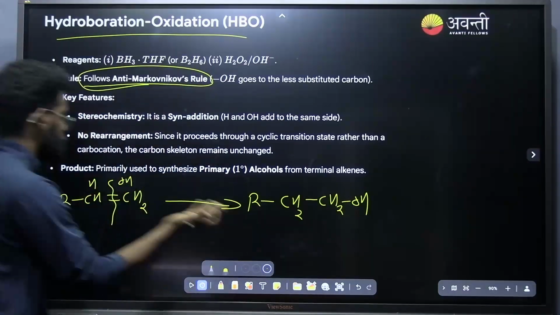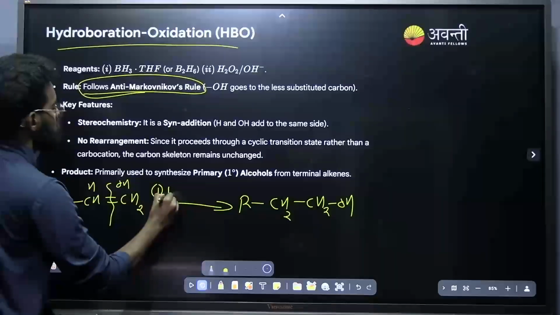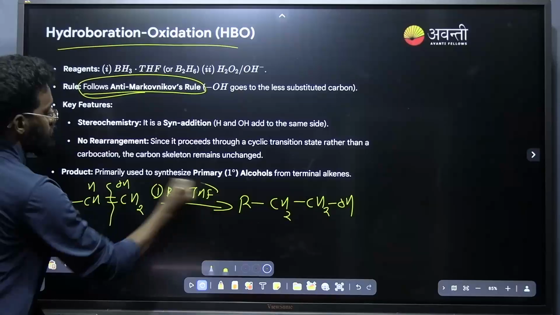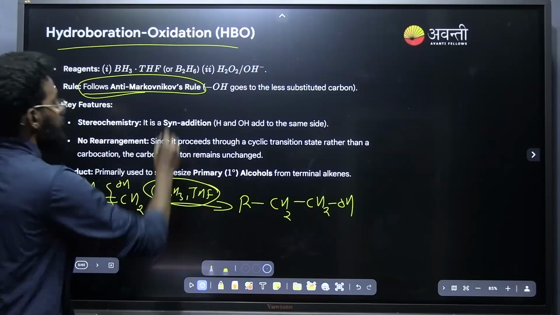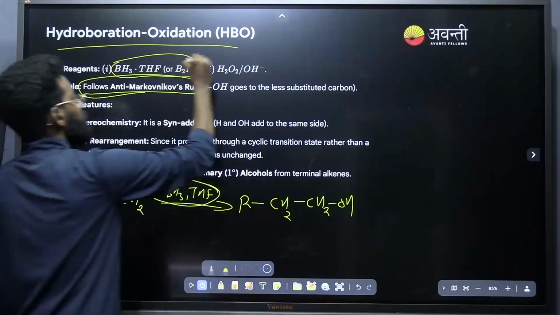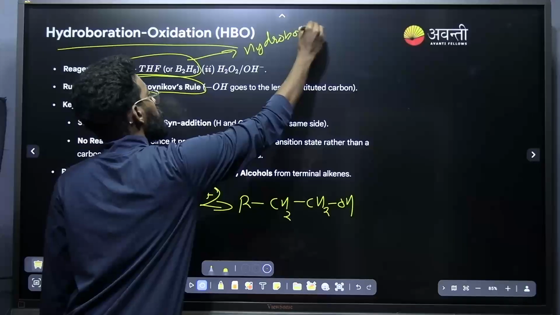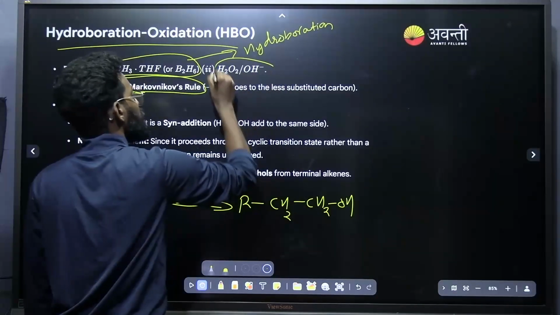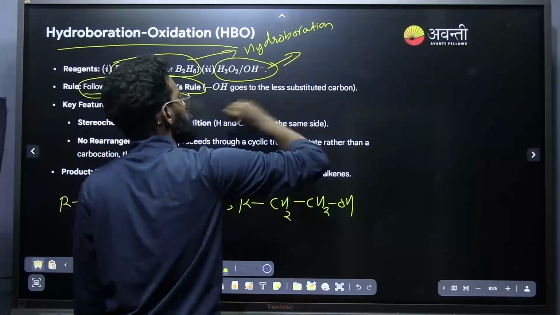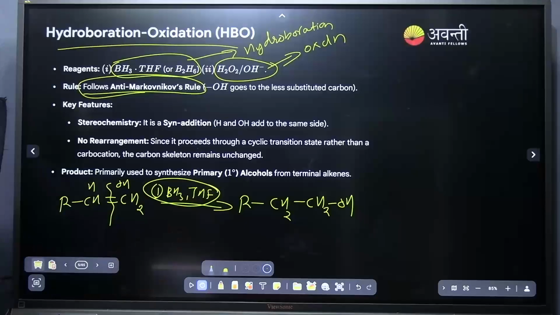CH2OH. Yeah, here is the point. And the first step in this process, BH3 tetrahydrofuran. What is this one? This reagent BH3 tetrahydrofuran or B2H6 will be doing the hydroboration. And who will be doing the oxidation? After the hydroboration step is completed, next H2O2 will be doing the oxidation, and resulting we will be getting the primary